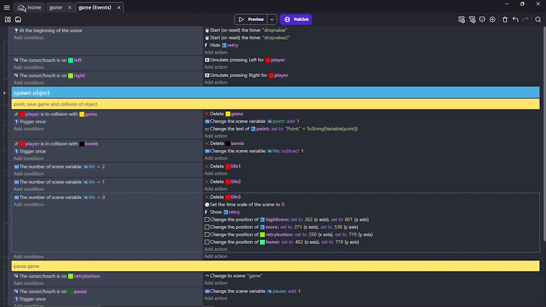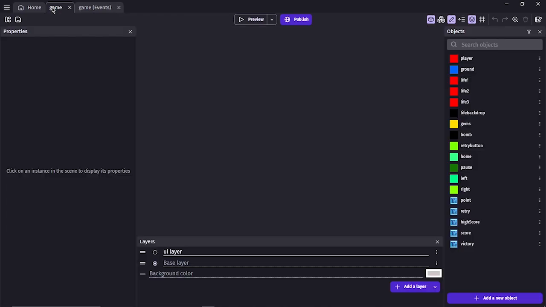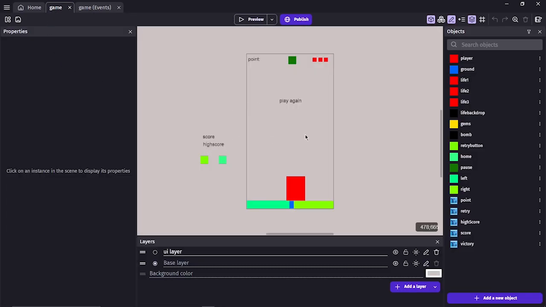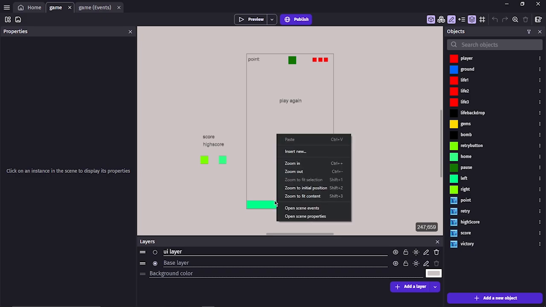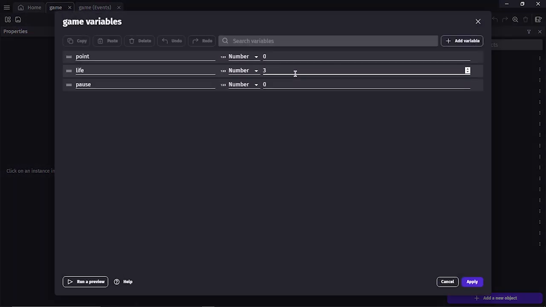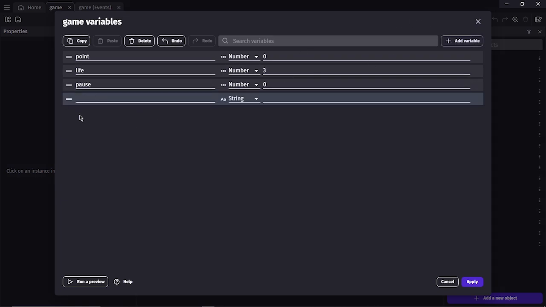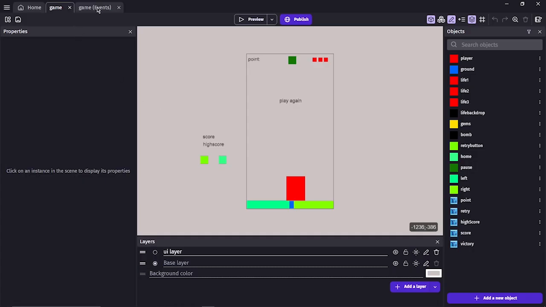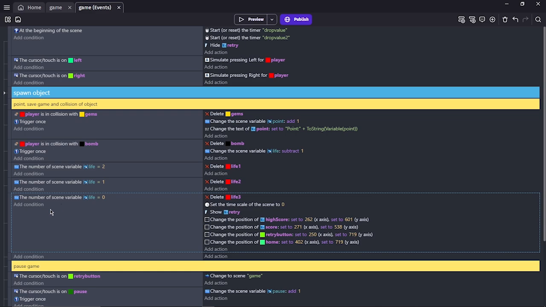Now to add high score to our game, just go to the game scene. See, our high score is not doing anything. Right click, scene properties, edit scene properties, scene variable, add a new variable for high score, and set it to number and apply. Now go to the event and copy this